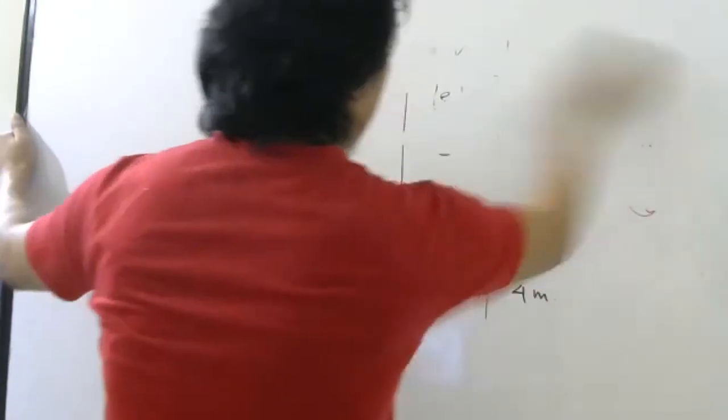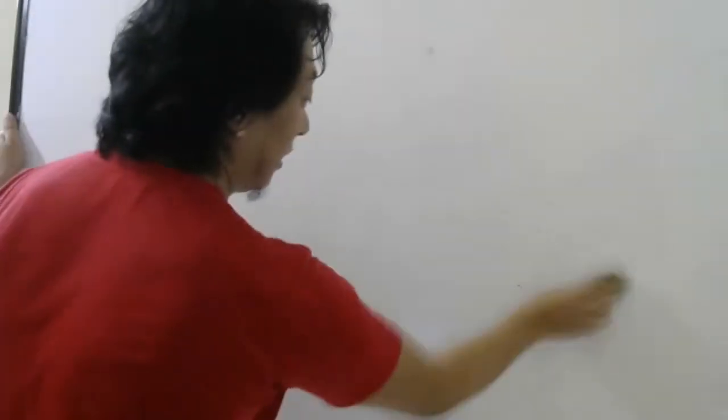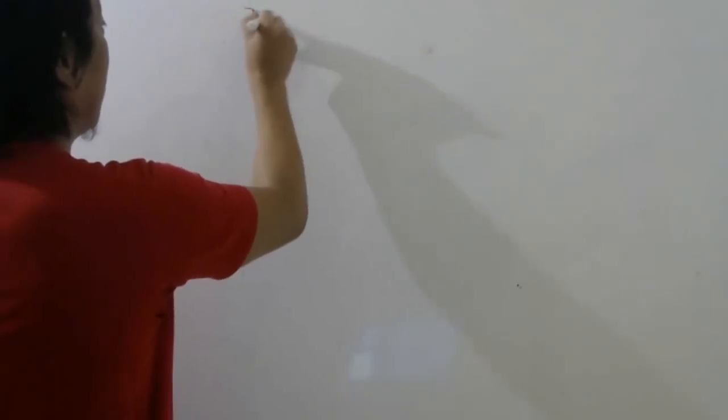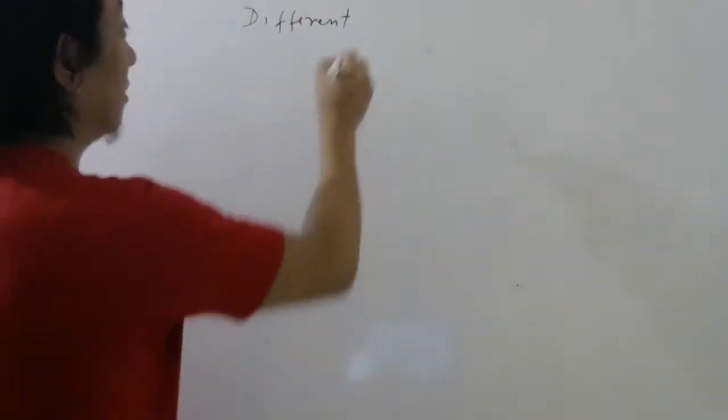Now, whether radius is proportional to mass or inversely proportional to charge depends on what is kept constant. In current electricity also, whether power is proportional to resistance or inversely proportional to resistance depends on whether current is kept constant or voltage is kept constant. So similarly, let us see some different formulae for the radius of the path.